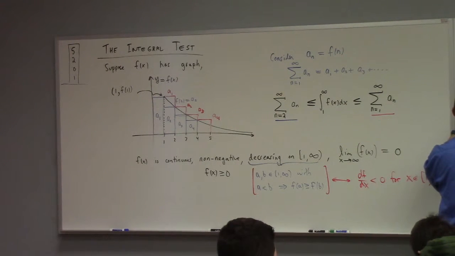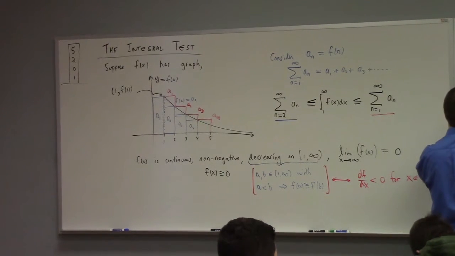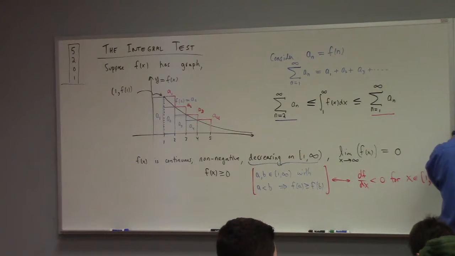So this is A2, A3, A4, A5, so A2 plus A3 plus A4 plus dot dot dot is less than or equal to. That is less than or equal to